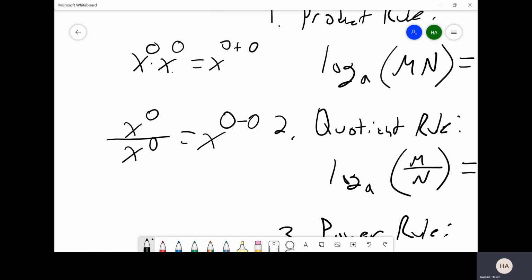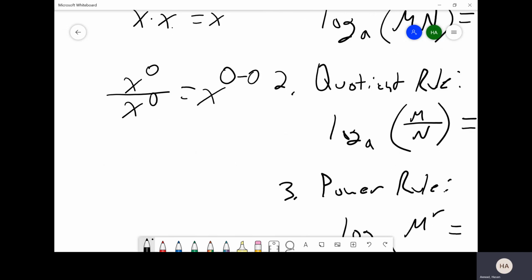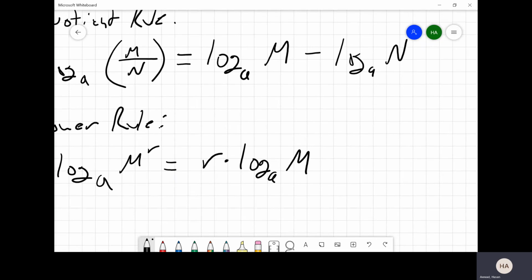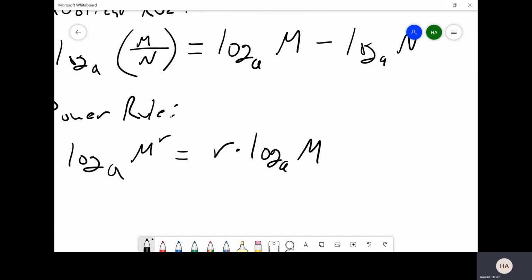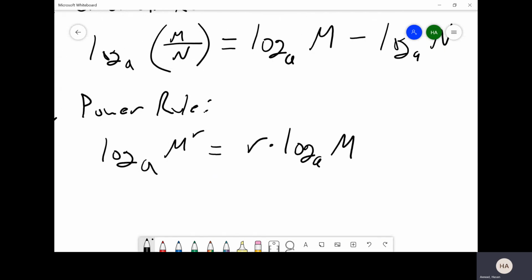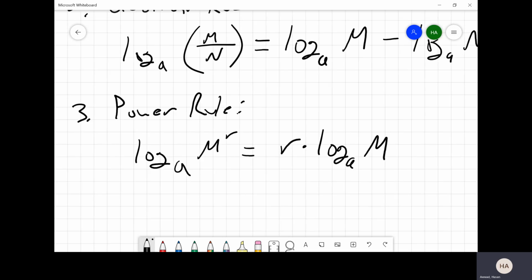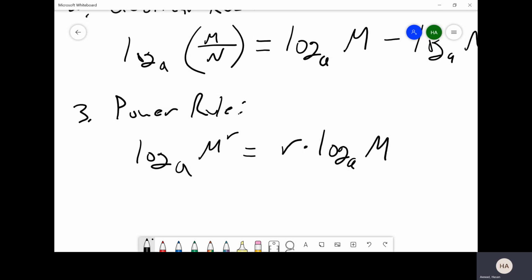These are just circling where your exponents would be. But the power rule is something entirely different. The power rule is not really coming from this. It's really hard to derive this without a proof. But the idea is just that as long as your value and the exponent attached to that value are inside the logarithm, you can take your exponent and move it out front,